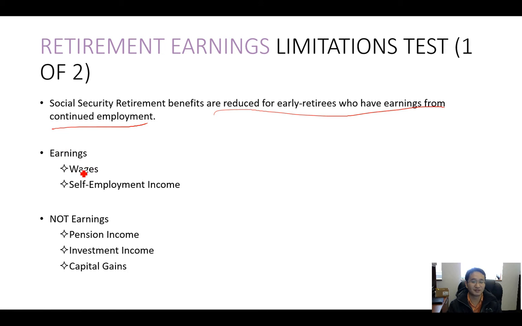What they say is, if you have earnings from wage or self-employment income, it will reduce your Social Security benefit. Those are not considered bad income from their perspective. I don't know why. I think it's a good idea to ask people to work, and that will be good for society. That will help them solve some of the underfunding issue, because people are paying into it. Maybe that's why they think those people who are working, paying into it is not as much as the benefit paid to them.